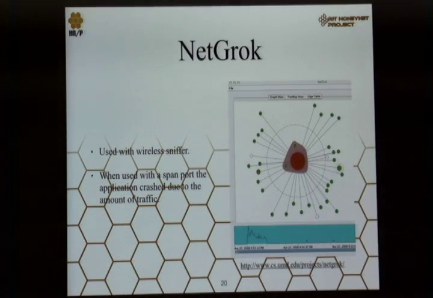To start with, we were using just a wireless sniffer where the visualization system was set up. It worked well for that. The following year, we hooked it up to the SPAN connection, and it crashed immediately. So either we were sending it too much data, or, well, the program is written in Java, so. But yeah.